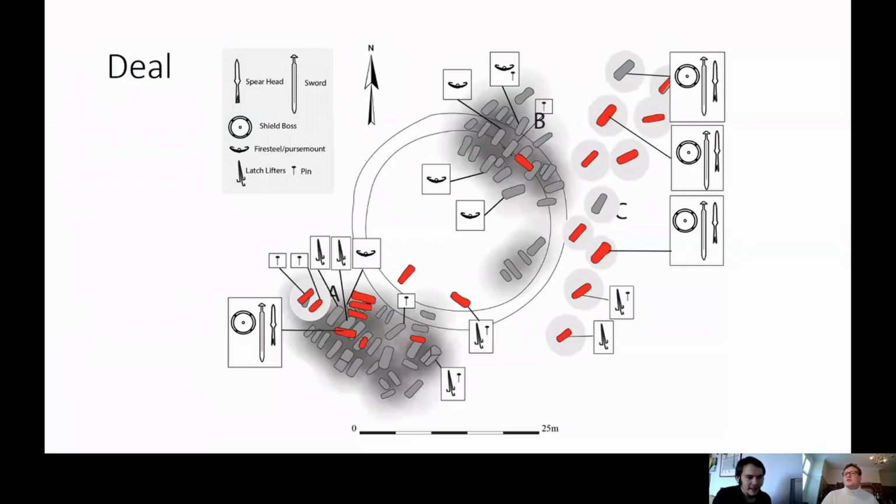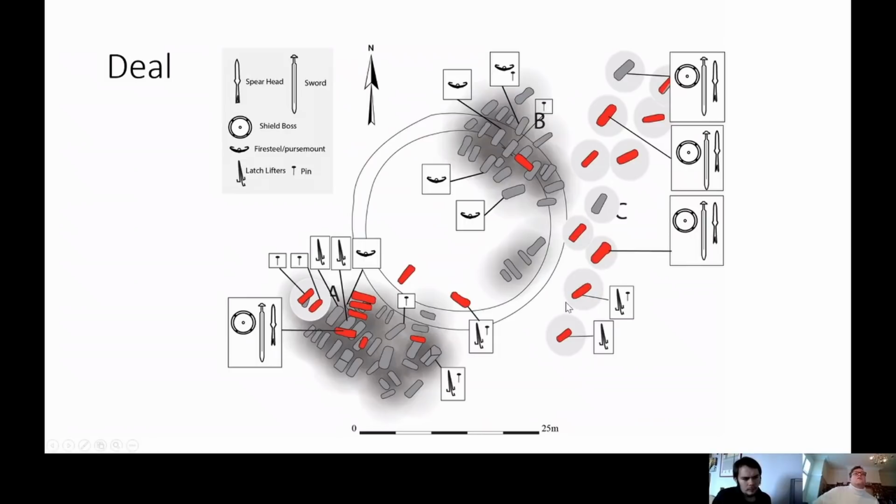Okay, so that's Mill Hill in Deal, which is in Kent. And it's a Kentish cemetery, so there's loads of objects, so we can see the chronology really nicely, and we understand the Kentish chronology probably better than we do any other region because of its direct parallels with Merovingian material culture. And Birte Brugmann has produced a really good sequence here that we can look at and see divisions where there are breakaways in styles of objects. So you can see very clear differences.